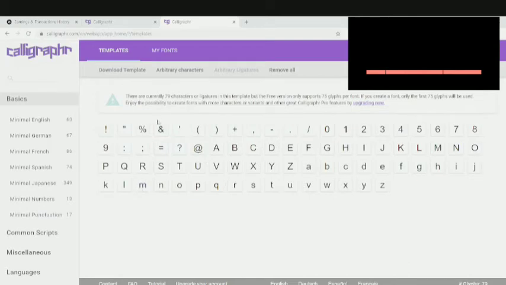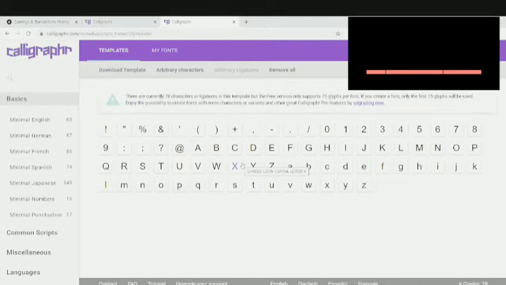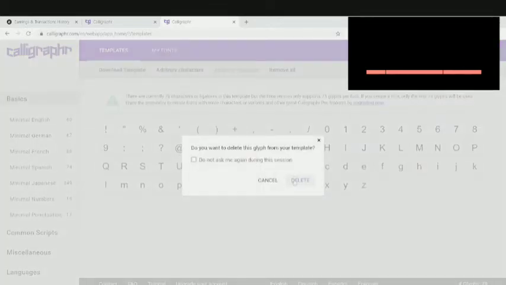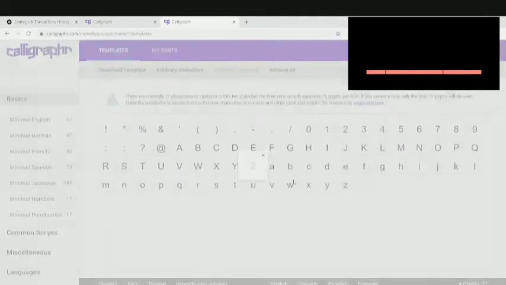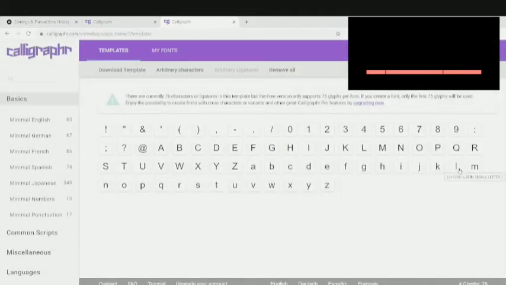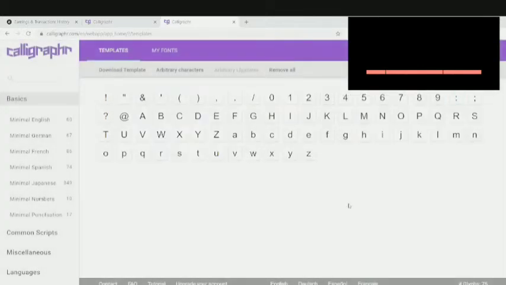When I added the punctuation marks, you can see I have reached 79 characters, but since this is a free account, I can only have 75 glyphs per font. So I need to remove some of them. Which ones do I need to remove? I'm going to remove this one. I need to delete at least 4, so I'm going to select which ones to delete from my recent font because I'm only allowed up to 75 characters. I think I'm going to reduce this one. Now it's 76. One more needs to be removed over here. Let me see which one I'm going to remove. This one. Okay, so now it's 75 characters.